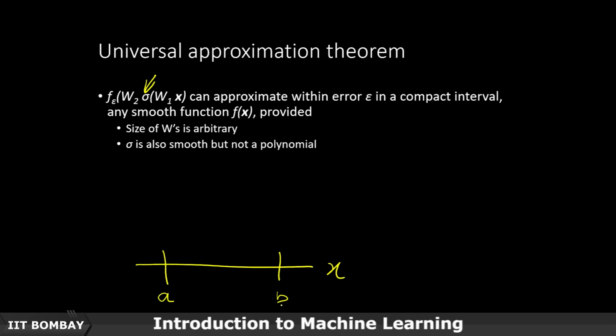Within this compact I can have any function f of x provided it is a well behaved function. What is a well behaved function? It is a smooth function, let us say, its derivatives are finite and the second derivative is finite and so forth, or it could be continuous in the Lipschitz sense, that I can draw a cone at any point with finite slope and the function will lie within the cone for any point within a and b. So it could be something along those lines, and I have a lot of flexibility in choosing sigma,